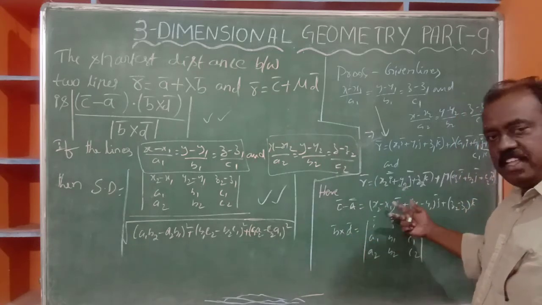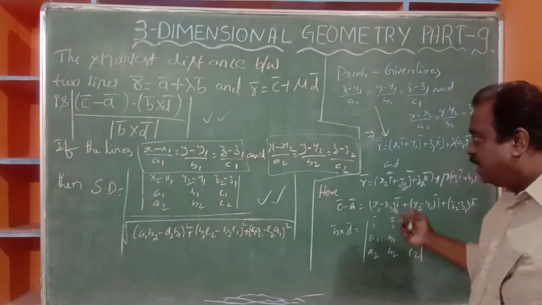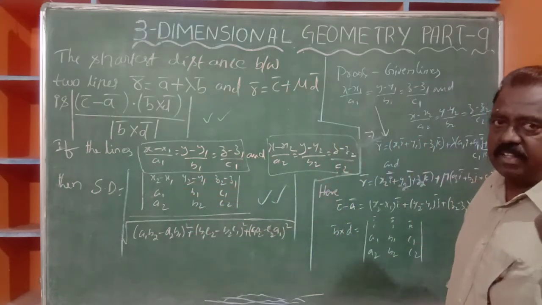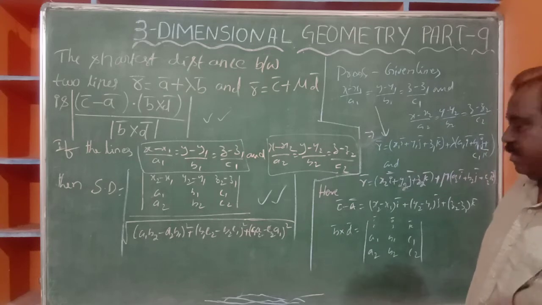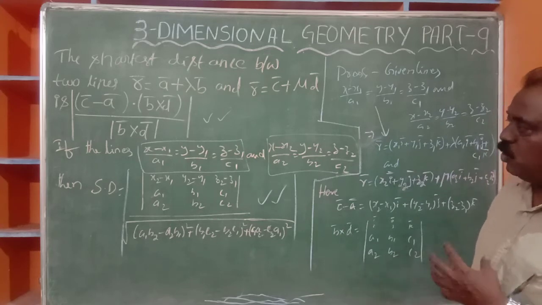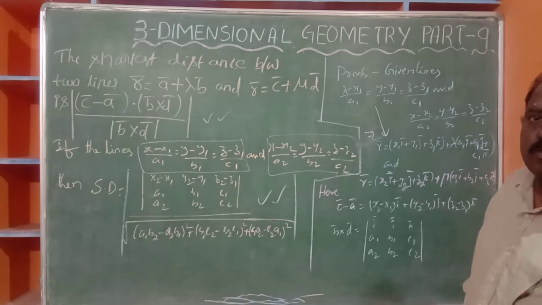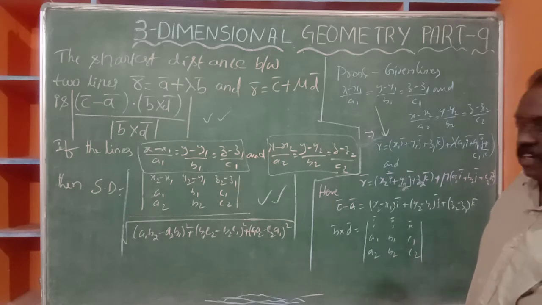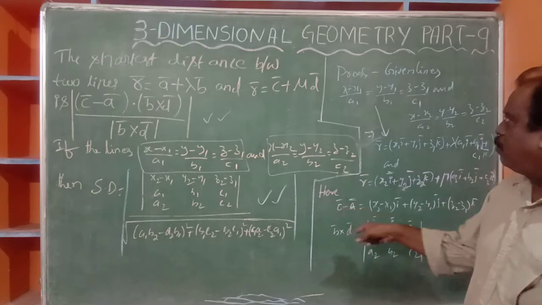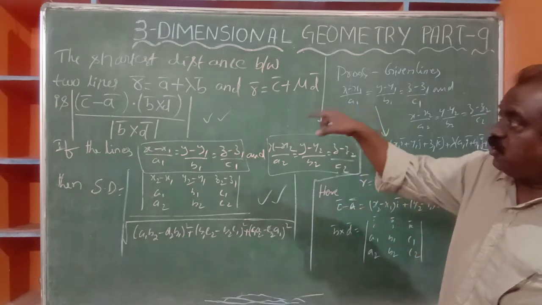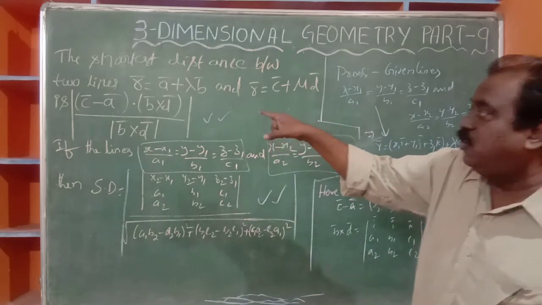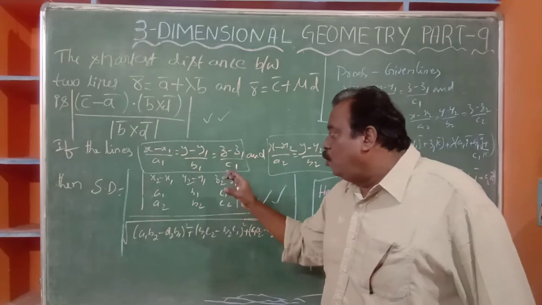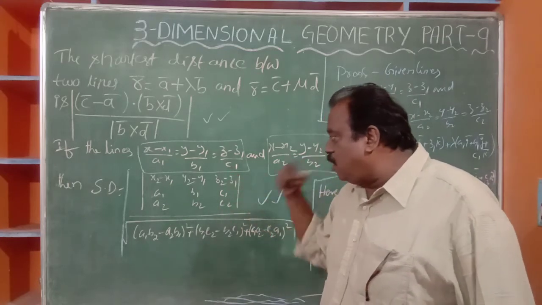If you multiply these two dot products, then we get this determinant. Everything is given in the vectors concept. Again, it is not possible to explain those dot product, cross product, and everything. It's already over. You verify that one and you get it. This proof is not needed. In the previous video, the proof of this one is needed. These are all not needed. You only remember this one, record it in your mind.